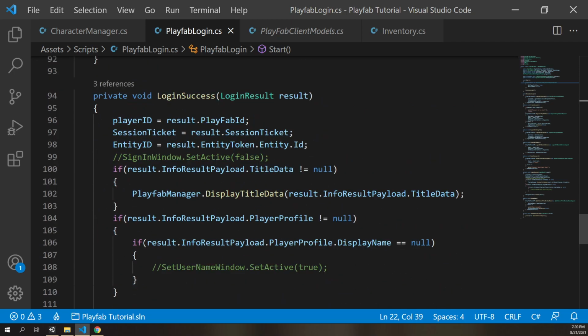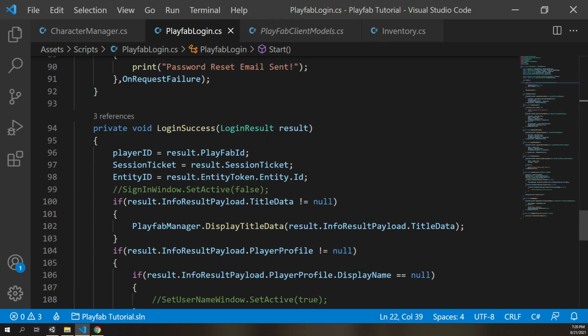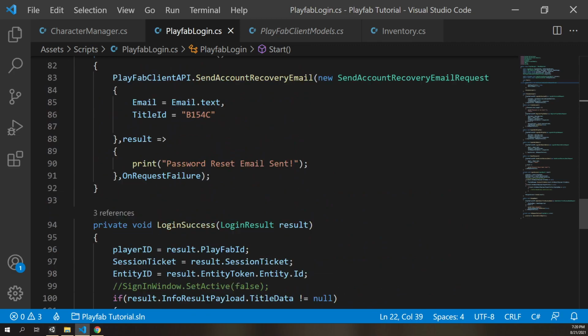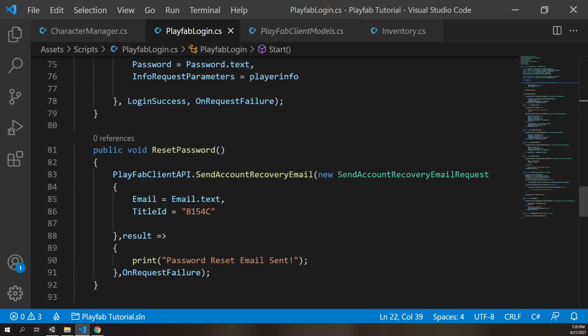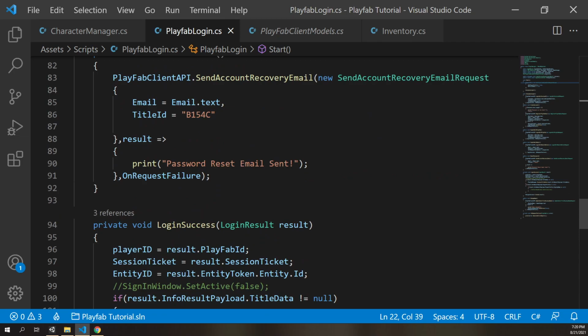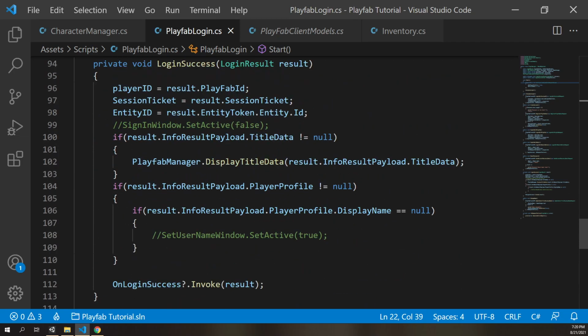And finally here, I've got the login success. This is going to be the callback that is called from each actual login. The callback is down here. And for here, you get the player ID back. You'll get an entity ID,